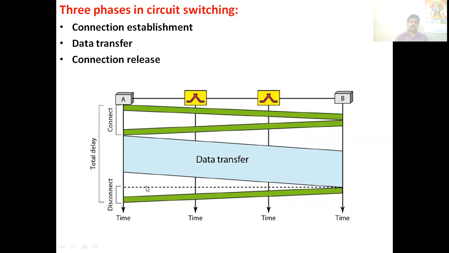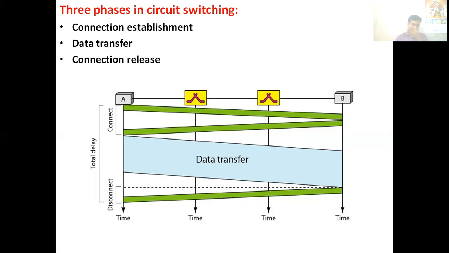So the circuit switching, we are using it in our telephone network. Assume that you are calling your friend through your ordinary land phone. What will you be doing? First, you will be dialing the number of your friend.